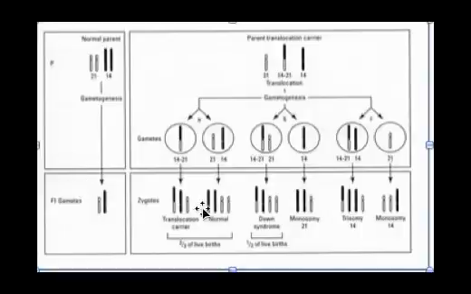So now what we're representing in this lower portion is the zygote, which is the fertilized egg, a result of the fusion of the gamete from the normal parent with a gamete from the translocation carrier. The first possibility that can happen in the fertilized egg is we produce basically what we started with, which is another translocation carrier. The second possibility, if this particular egg were fertilized by this particular sperm, is that we would end up, in terms of karyotype, with a normal individual in the sense that there was